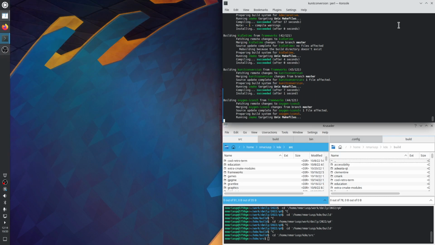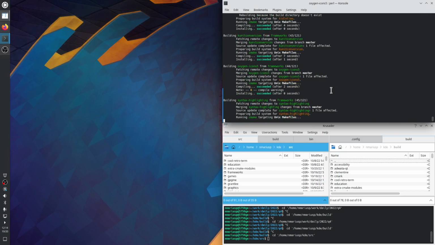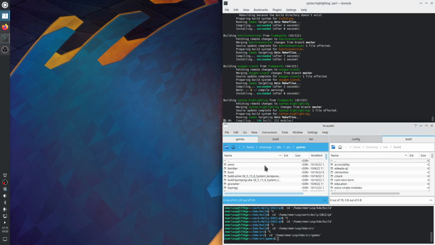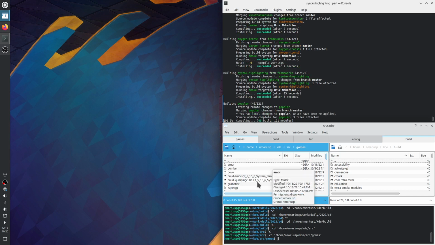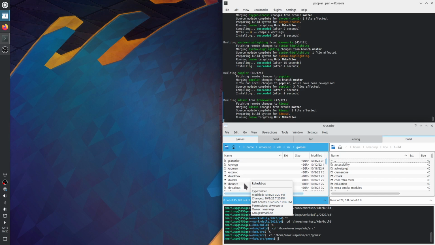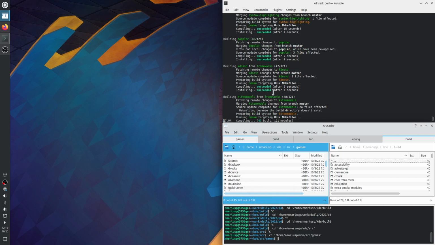Okay. So right now we're building. I issued the command kdesrc-build kde-games. So it's going to build all of the KDE games, which is Amor, Bomber, Bovo, Granatier, KJumpingCube, KAtomic, KBlackbox, KBlocks, KBounce, KBreakout, etc. While this thing is building,